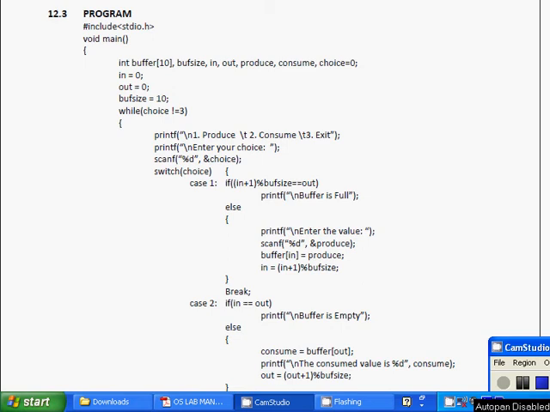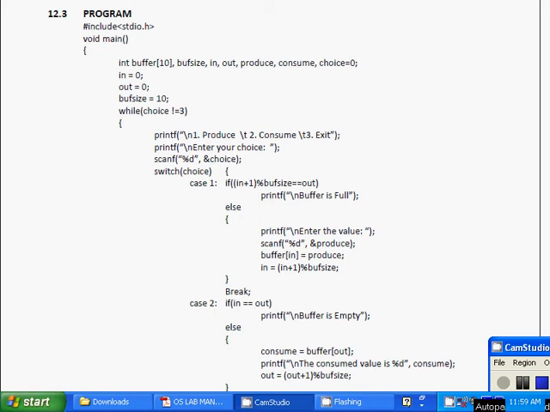Semaphores are of two types, binary semaphore and counting semaphore. A binary semaphore is similar to a mutex lock, but not the same thing. It can have only two values, 0 and 1. Its value is initialized to 1. It is used to implement the solution of the critical section problem with multiple processes. And a counting semaphore's value can range over an unrestricted domain. It is used to control access to a resource that has multiple instances.